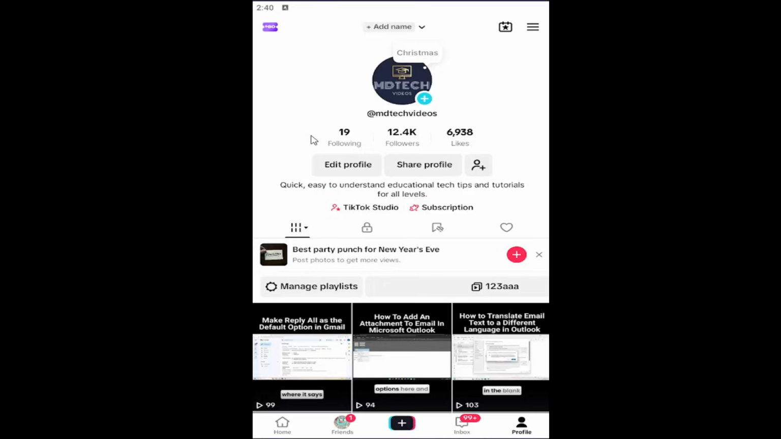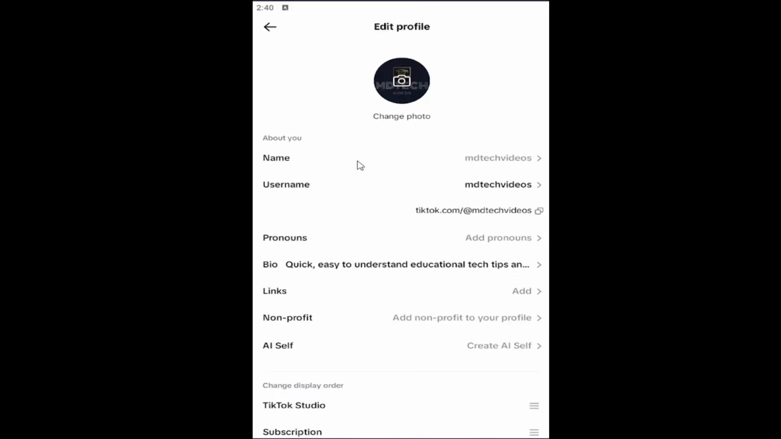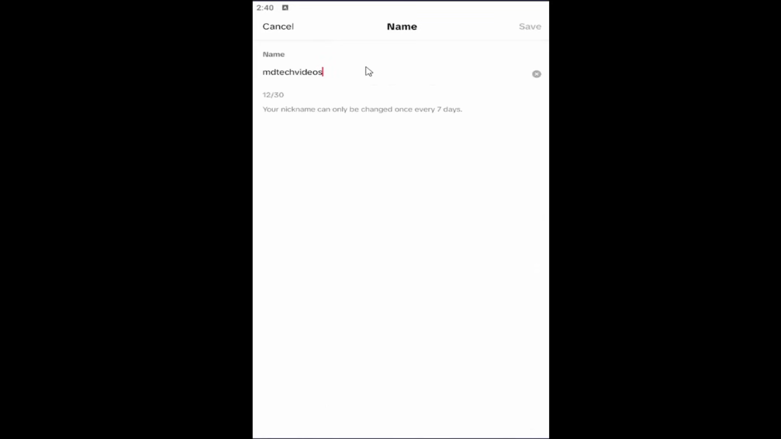So all you have to do is open up your TikTok profile page. If you're unsure how to locate that, just select the profile button in the bottom right. And then up at the top where it says Edit Profile, go ahead and left click on that. And then where it says name, you can go ahead and select inside this field and you can edit your